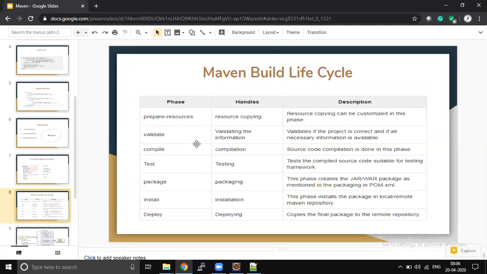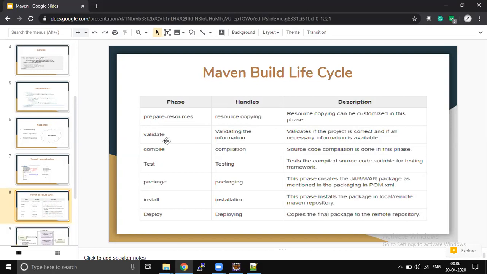As part of prepare resources, Maven will do something if you configure anything. This is optional. We cannot guarantee that prepare resources will always exist. But it is useful whenever you generate any Java files from any existing files. The prepare resources phase will generate a few files. That is going to be the first life cycle phase, but it is optional, since we cannot guarantee that we always generate resources.